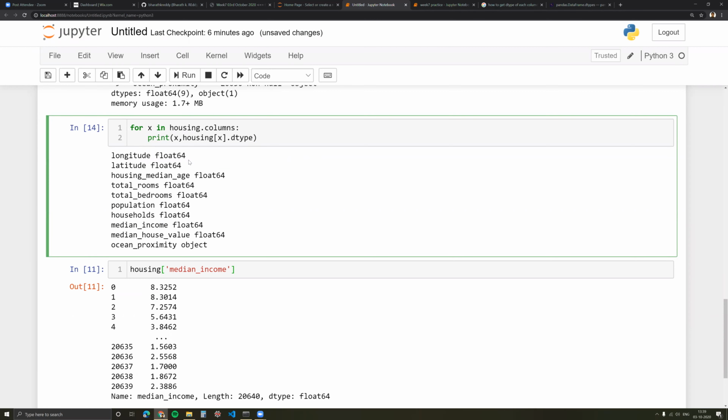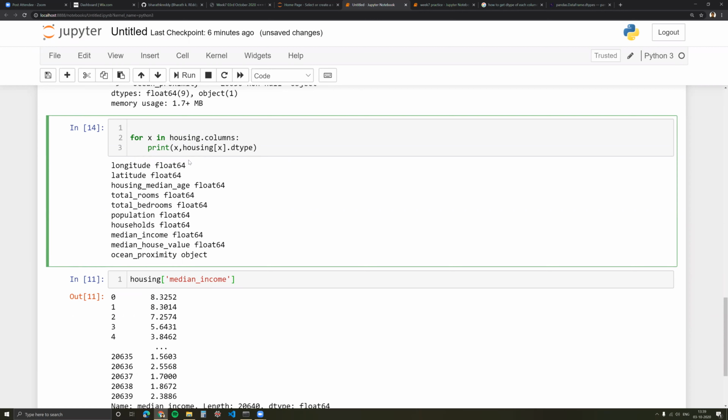How do I do that? I'll first initialize an empty list. Let's call it numerical columns.